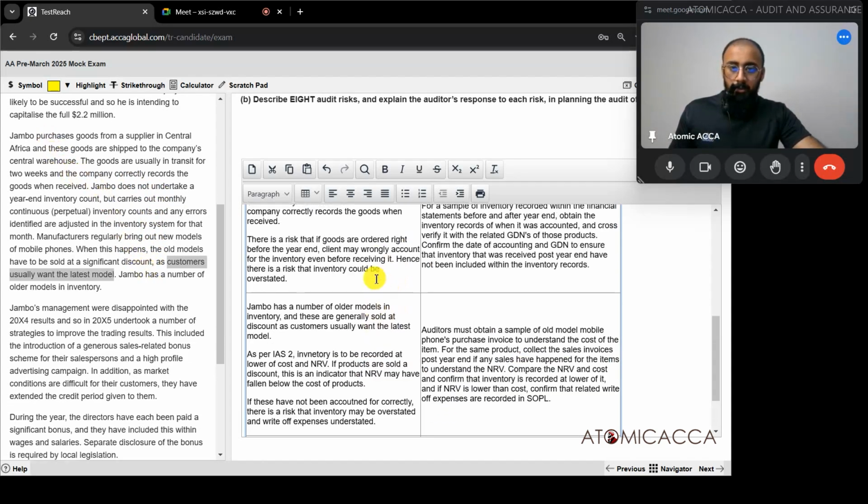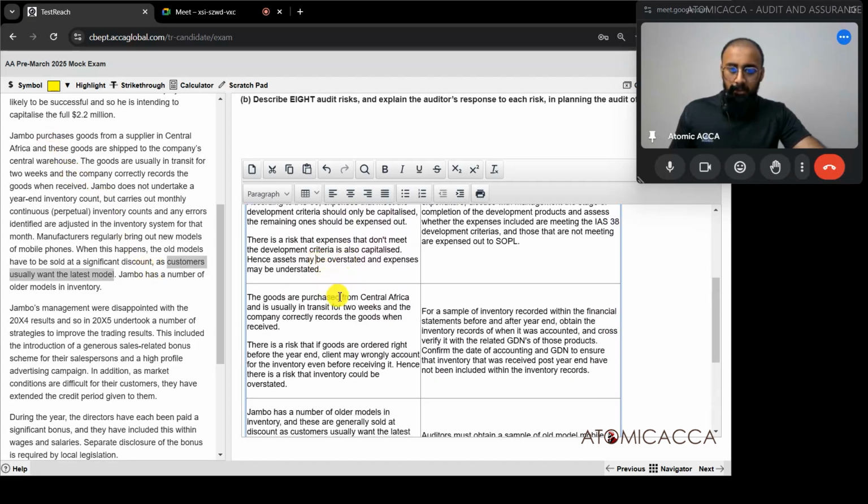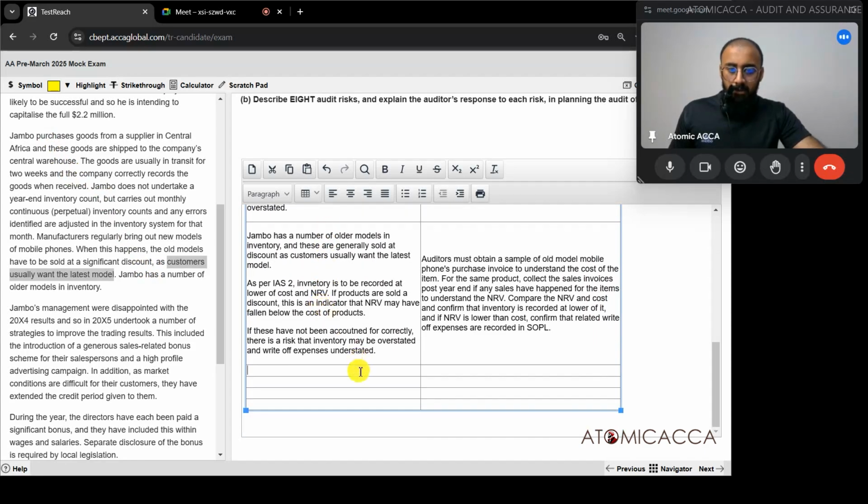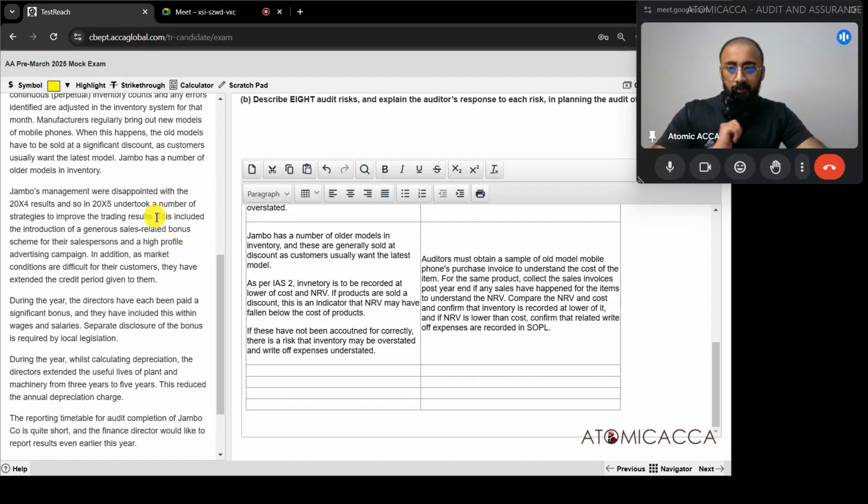So how many points have we covered now? 1, 2, 3, 4 done. So 4 down, 4 more to go. Let's go to the next paragraph. Jambo's management were disappointed with 20x4 results, and so in 20x5 undertook a number of strategies to improve the trading result. This included the introduction of a generous sales related bonus scheme for their salespersons